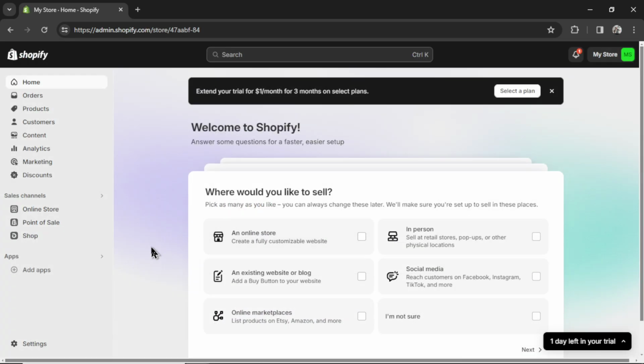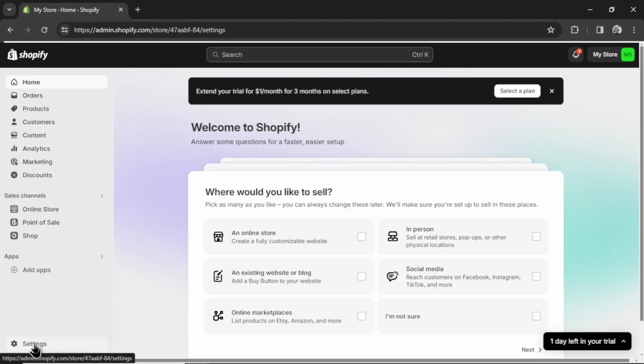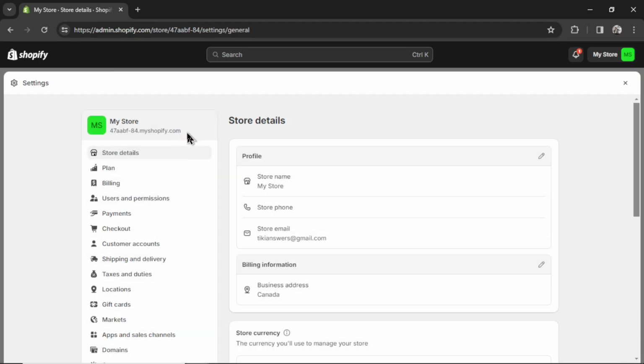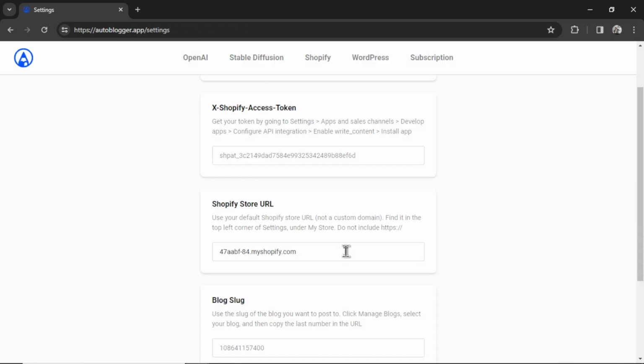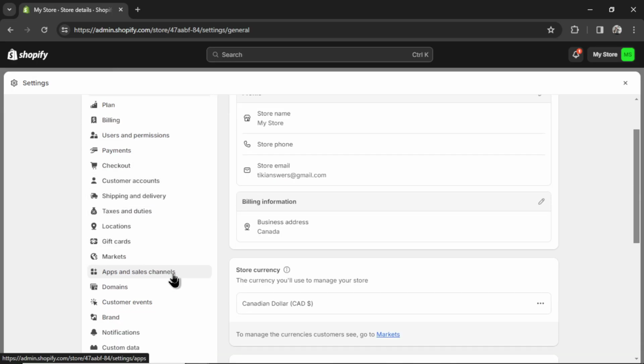On your Shopify dashboard, go to Settings. First, grab your default Shopify URL. So this is not your custom domain that you set up. It's your Shopify domain. So I'm going to copy this, paste it here, then scroll down to Apps and Sales